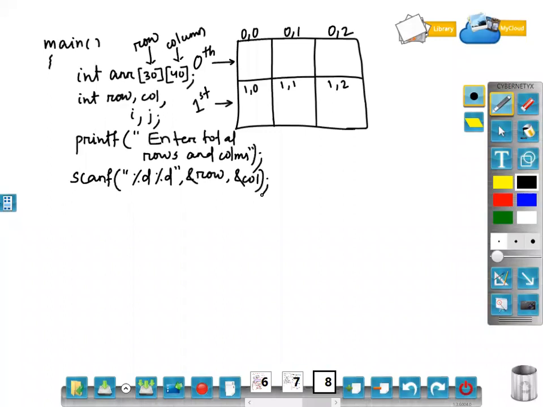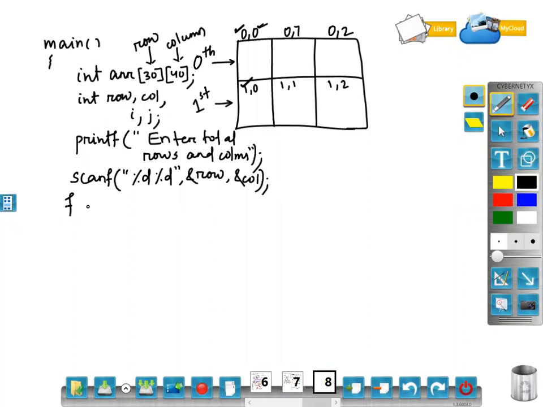But here in the nested loop, one will be used as the outer loop, one will be used as the inner loop. Now we have decided that for a single value of the outer loop, the inner loop will execute repeatedly. Clear? So here you have to check whether for a single value of row, column is changing repeatedly, or for a single value of column, row is changing repeatedly. Now the answer will come: for a single value of row, the column is changing repeatedly. For row number 0, column is 0, 1, 2. For row number 1, column is 0, 1, 2. Okay. So the outer loop will be for row.